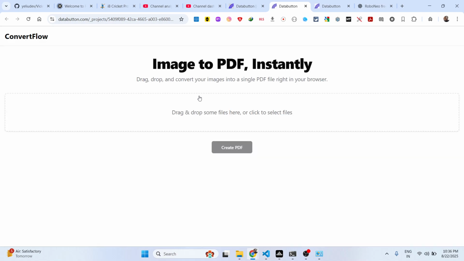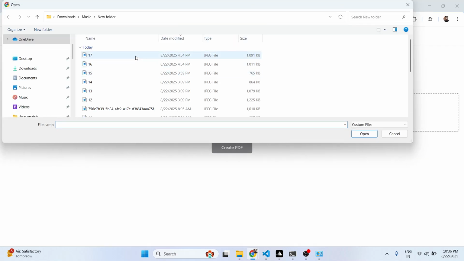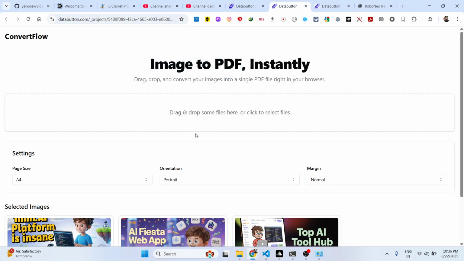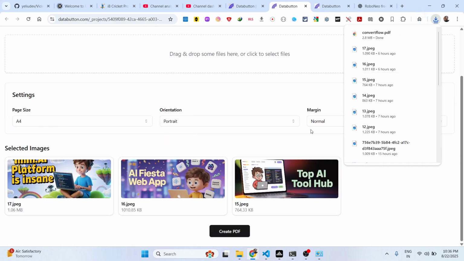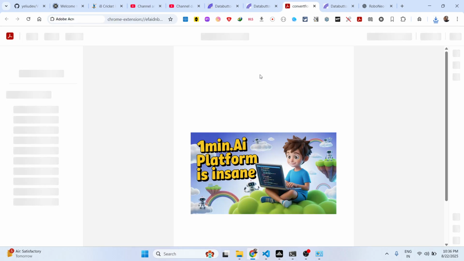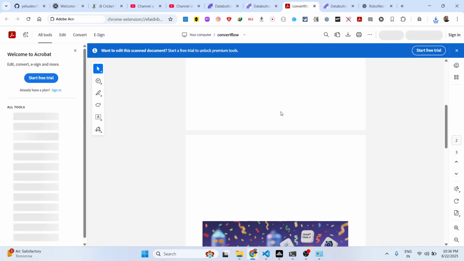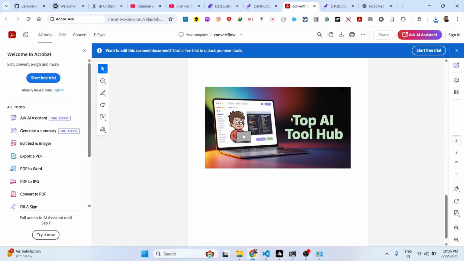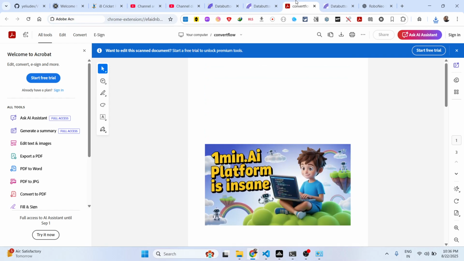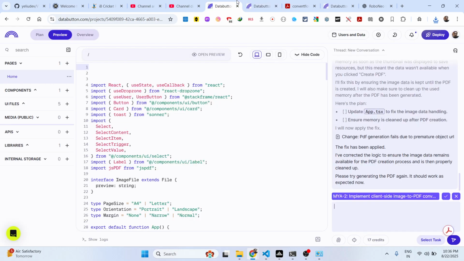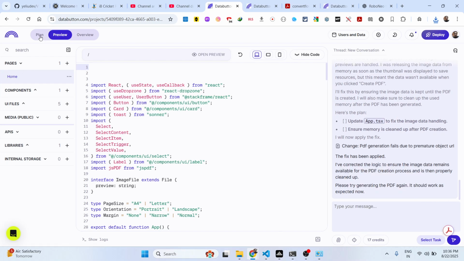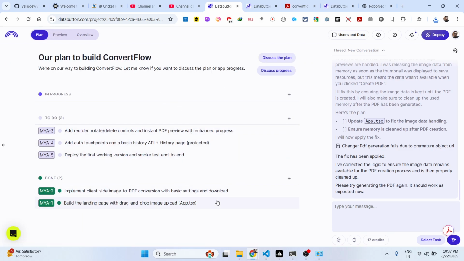So now select a bunch of images and click on create PDF, and now you can see that your application has started working. So it has basically converted a bunch of images that I selected into a complete PDF document, and you can see that. So this has built out a fully functional application right here in the browser itself, and now you can mark this as done. So now this step is also done. Now we can move to the next step here,